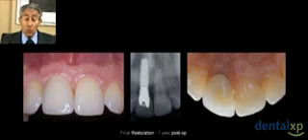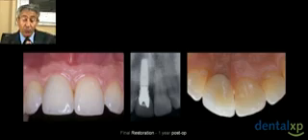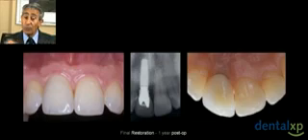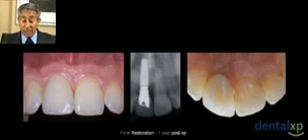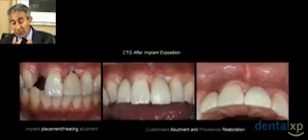The final result show what? That we have two things here. The level of the gingiva is exactly the same on both teeth. Number two, we have a very large interproximal papilla, central papilla between the two central, and if you look to the X-ray, my implant is slightly more toward the lateral, so I have maintained more bone, interproximal bone, to give more